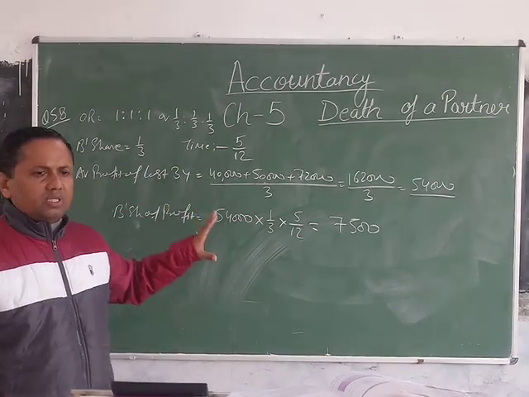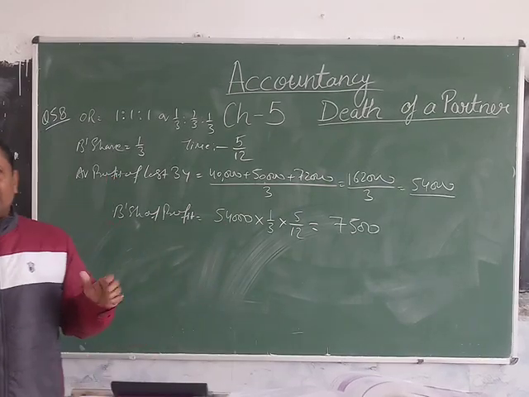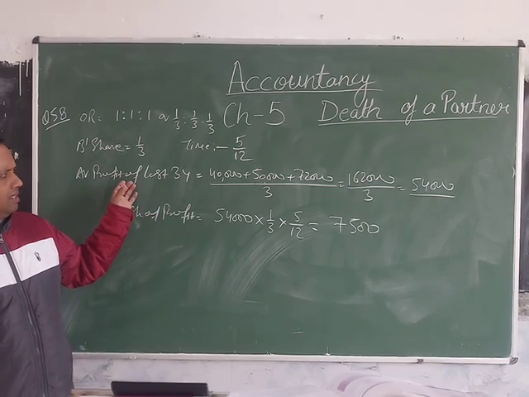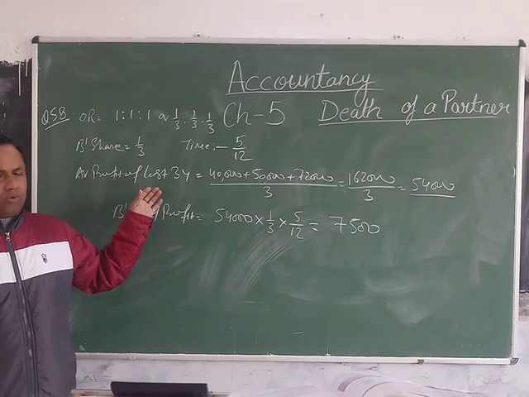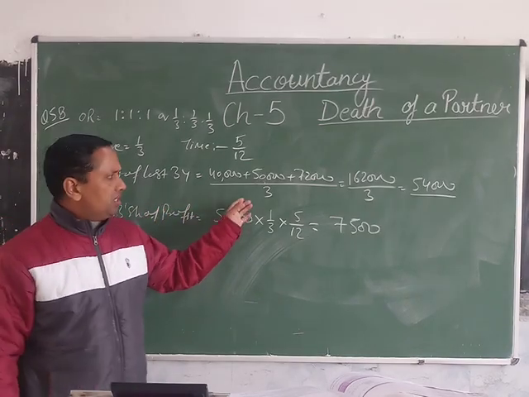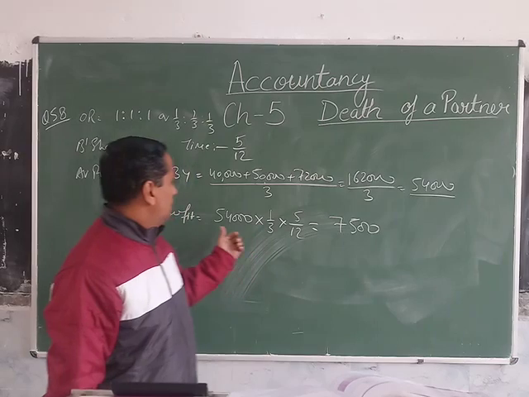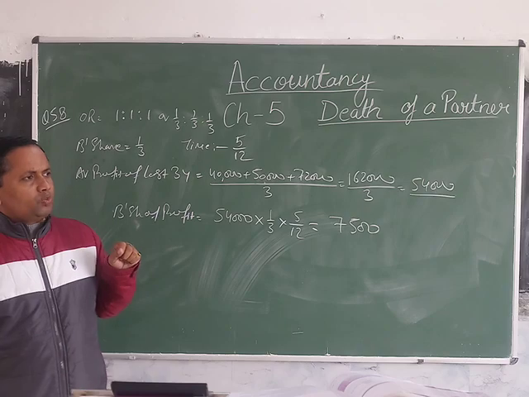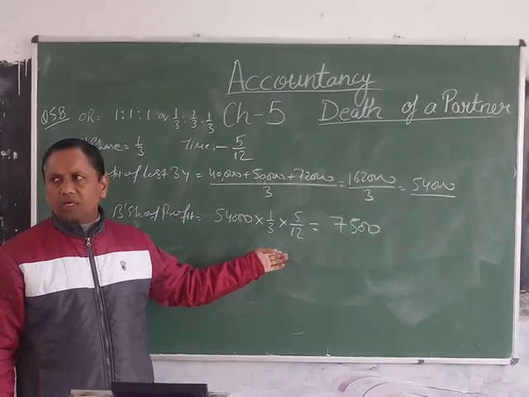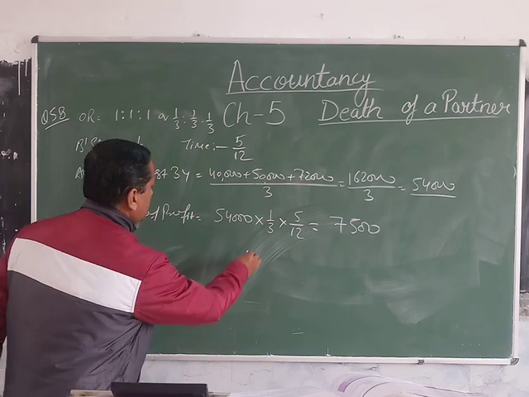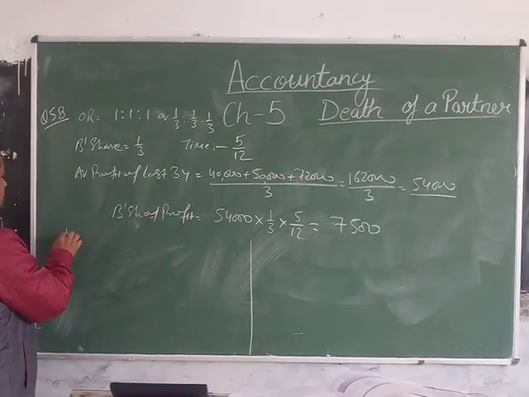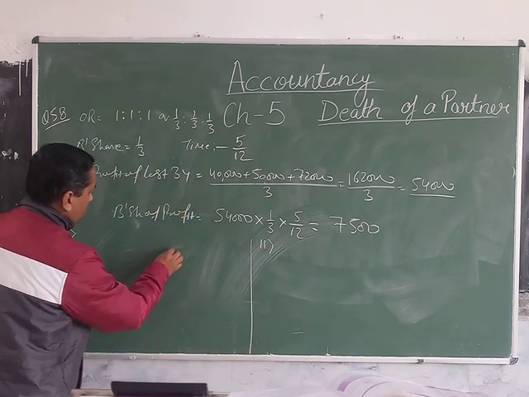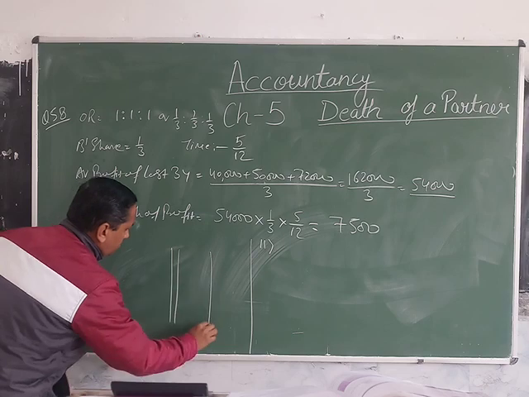In every question there is a change in the way to calculate, as per the given question we are solving. In this question they are saying that the profit is calculated on the average of 3 years. So we calculate the average profit, and B's share is calculated. Always when calculating the deceased partner's share, we put the time and the share of the partner. In this question there are 2 cases. In the first case there is no change, so the profit is distributed.